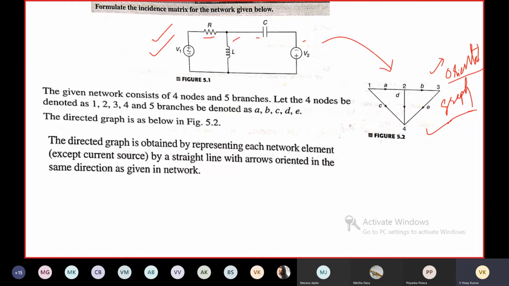So let me form the incidence matrix. It is a matrix representing the relation between the number of branches and the number of nodes. So A, B,